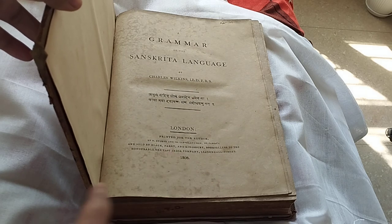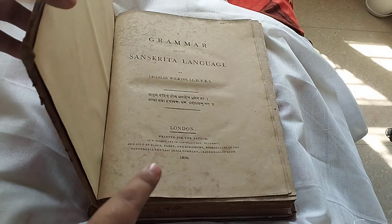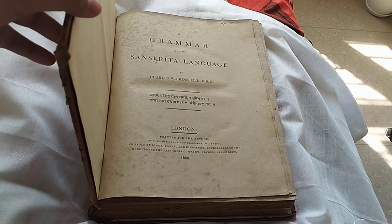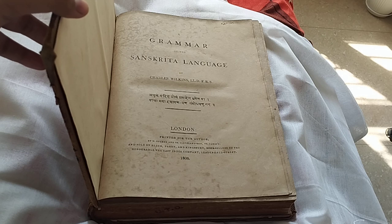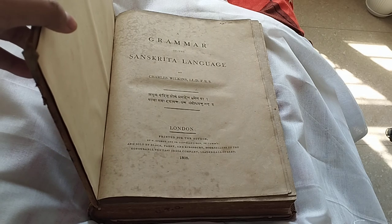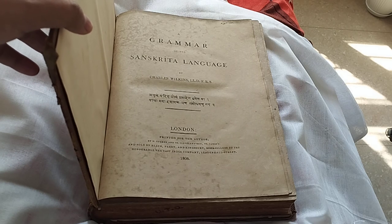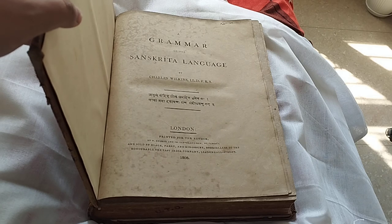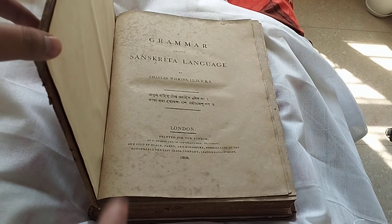1808. So back then the books were dedicated to the East India Company, because this particular book had a major contribution of the Asiatic Society of India, which was at that time there in Bengal and which still stands in Bengal. And Charles Wilkins had got a lot of funding and intellectual support from the Asiatic Society while making this book. He was also a member of the Royal